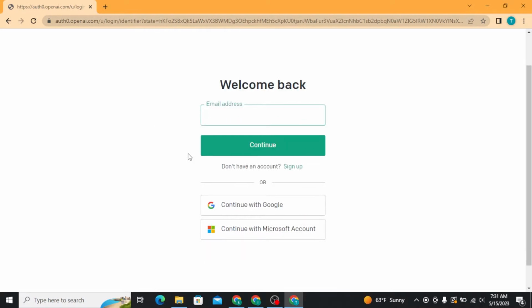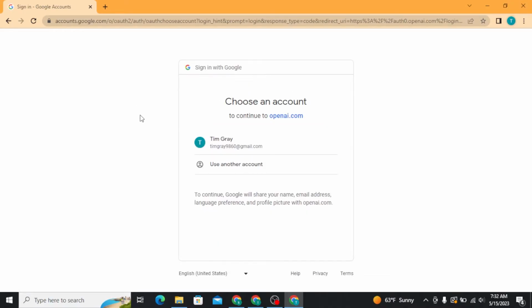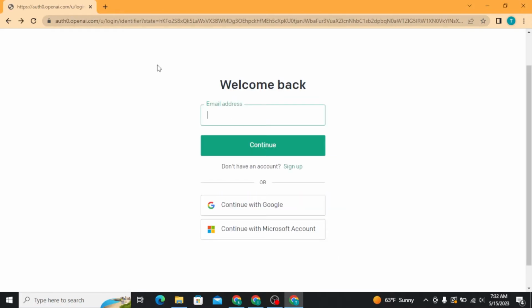Now you will be able to see three options to get logged into your ChatGPT account. Now if you have created your account using your email account, then you have to type your email address here and then tap on the continue button. But if you have created your ChatGPT account using your Google account or your Microsoft account, then you have to tap one of these options. And then you have to tap on your Google account